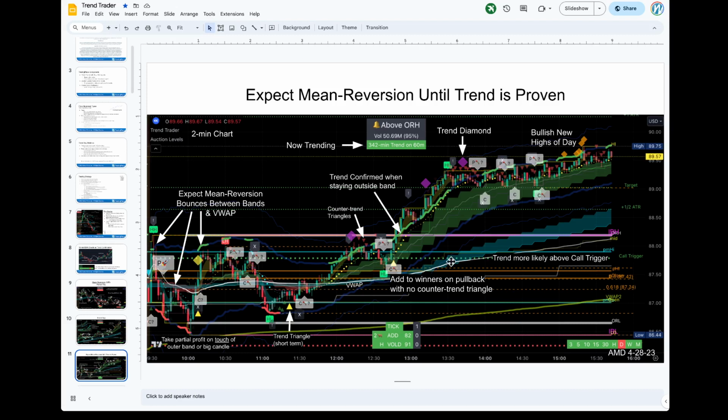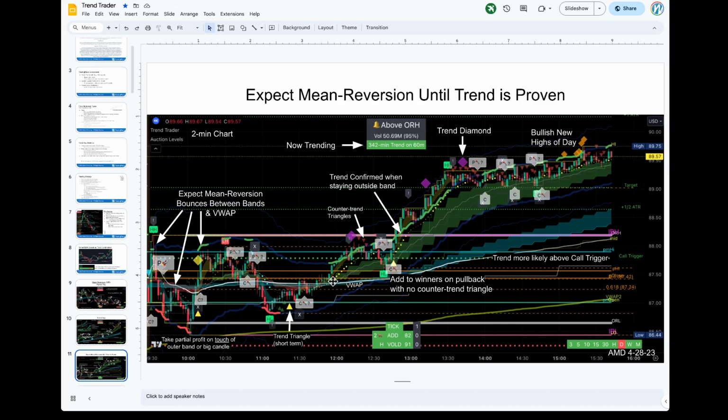It's holding the VWAP. It's above the pre-market high. It's above the open range. So again, all of these things just make it more probable. So if it holds, you can see we have yellow trend dots, we have a green upper band, and we probably have it at higher time frames as well. So you could get in sooner because we're above the VWAP. Definitely always wait for the VWAP.